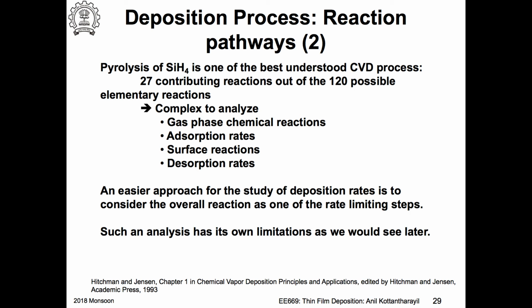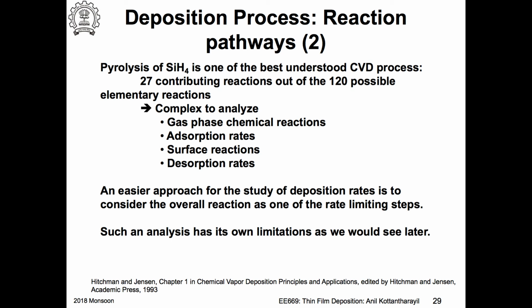So it is quite complex. In most cases, you take the whole deposition process as a single reaction, and the overall reaction is the only rate limiting thing. So you have two things: one is the mass transport, then some chemical reaction that leads to the film deposition. But we will see some examples that I would discuss that could challenge this approach,